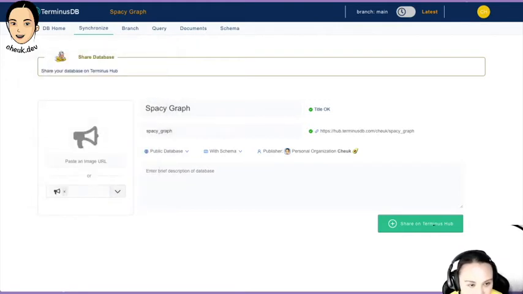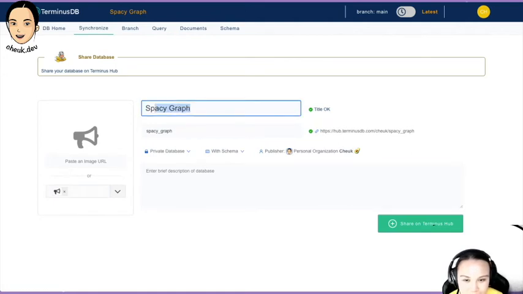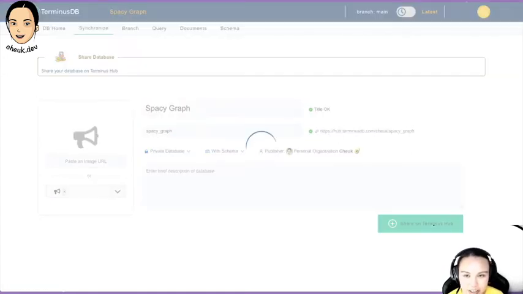I can make a private database, and it can be schemaless, but I think in most cases you want it to be with a schema. And I'm the person who is publishing it, and you can actually go and change it. I'll show you in a bit. Like you can use emoji in your name, which is great. And you can type in the name and description, all this stuff, and then you can share it